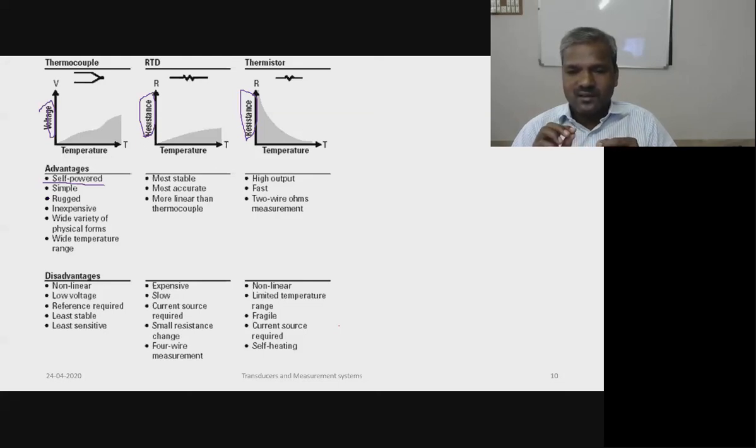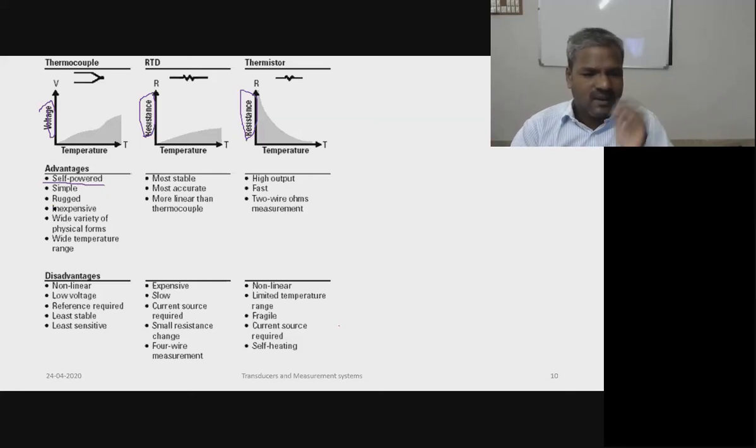Say, consider a J-type thermocouple, the metal combination is iron and constantan. K-type thermocouple is alumel and chromel. So, a very simple device. Also, it has a large range of temperature measurement. You can use it up to 1500 degrees Celsius. So very large.